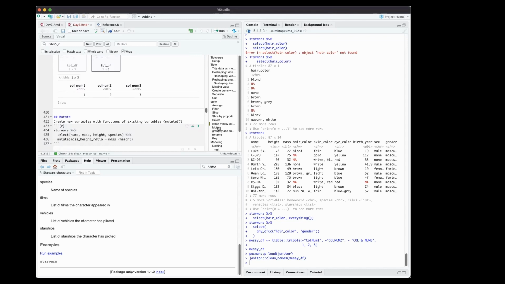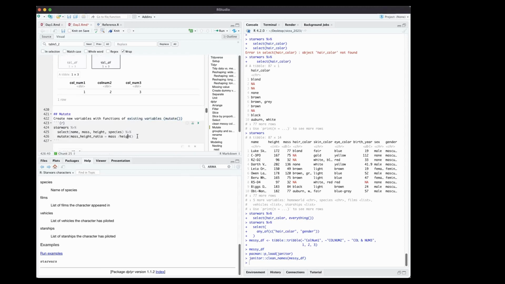So that was about cleaning the messy column names. Next, we're going to talk about the mutate function. The mutate function is actually used for creating new variables based on existing variables. Using the Star Wars example as well,